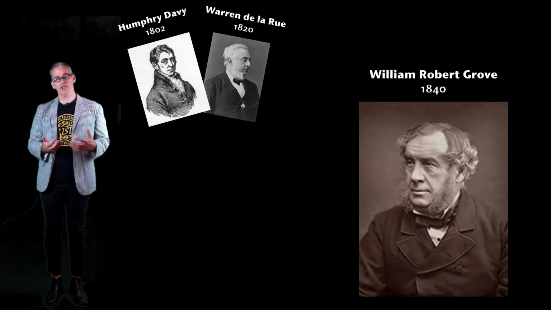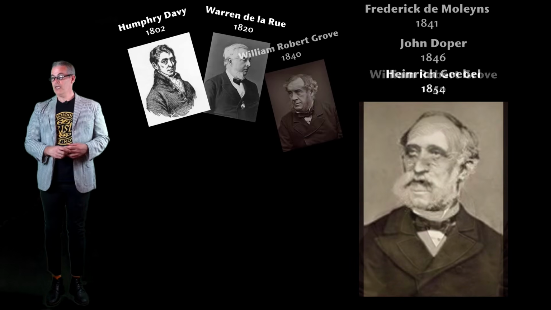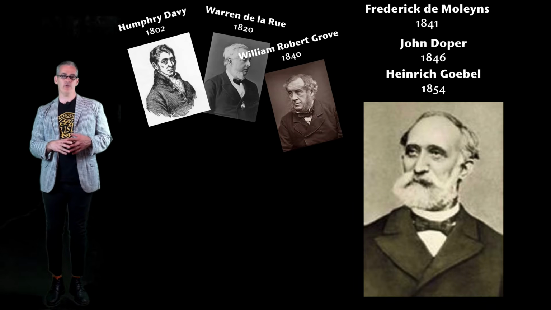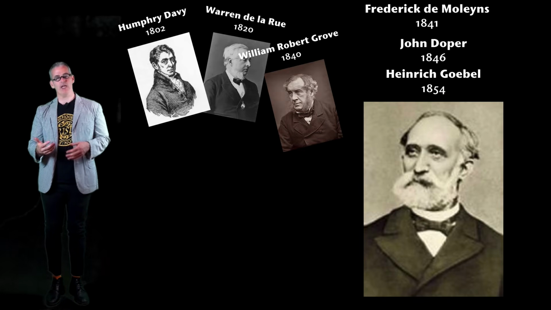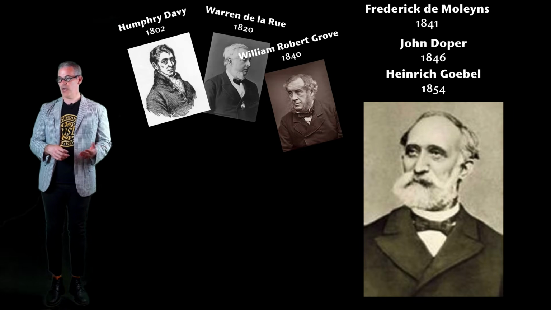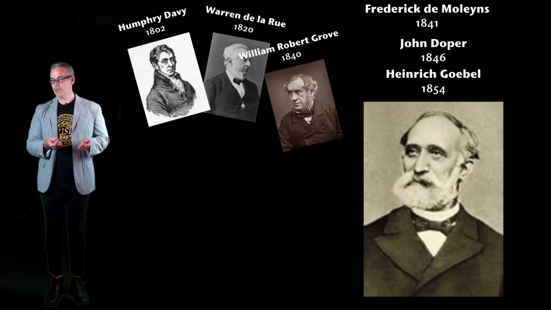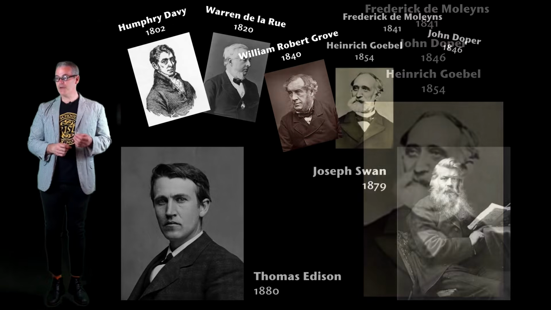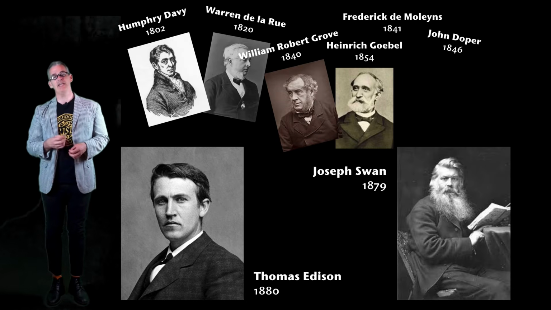This was the first time artificial incandescent light was actually useful, although it was still way too expensive to use for anything. In 1841, Frederick de Moleyns got the first patent for a light bulb, and that's where innovation really took off, because a patent is a published record where people could read about it and understand the technology and then play with it on their own. And we saw people start inventing light bulbs in Germany and in Russia. Heinrich Goebel introduced the carbonized bamboo filament secured in a glass container that became the actual foundation for the practical light bulb. And then finally, in 1879 in England, Joseph Swan invented the light bulb,